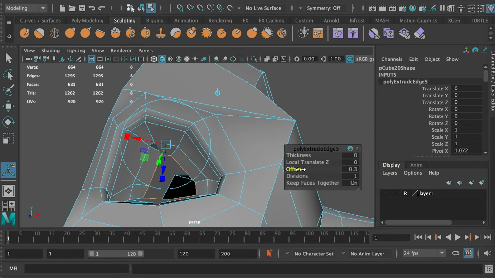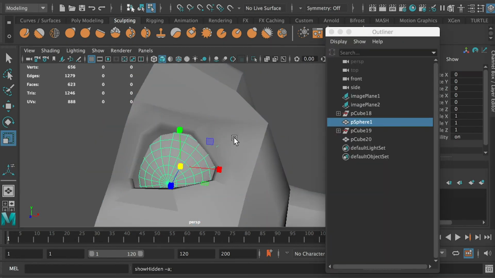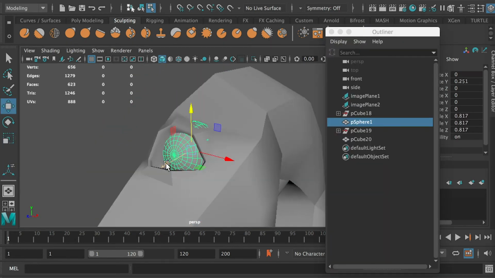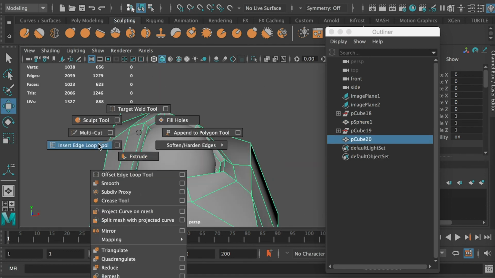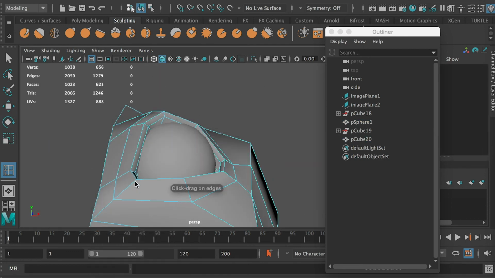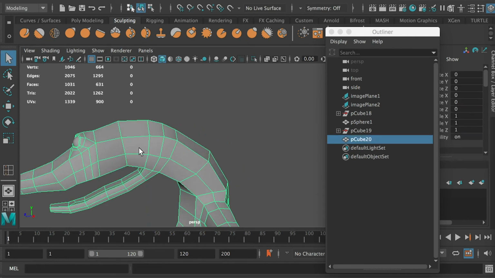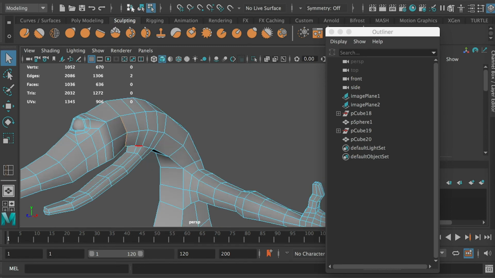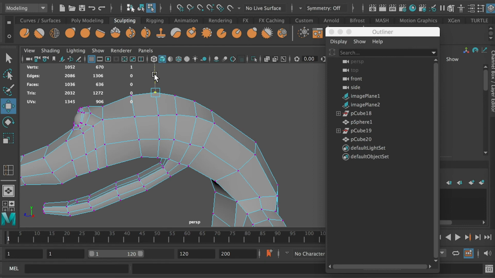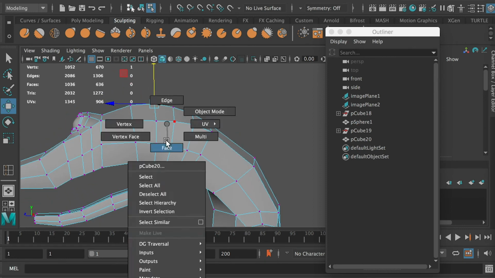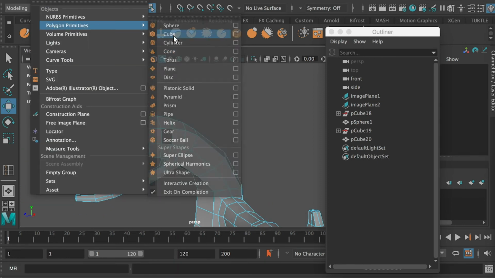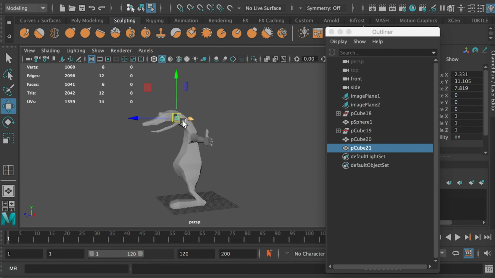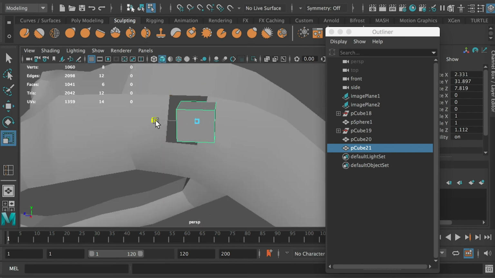So this is going to hold our eyeball, and you can adjust the position of the eyeball. And you can also insert the edge loop to lock the corner of the eye. And then insert the edge loop on the neck and spread out the wireframe, the vertices. And we're going to delete a face on the head, and we're going to create a cube. So at here we're going to make the ear,